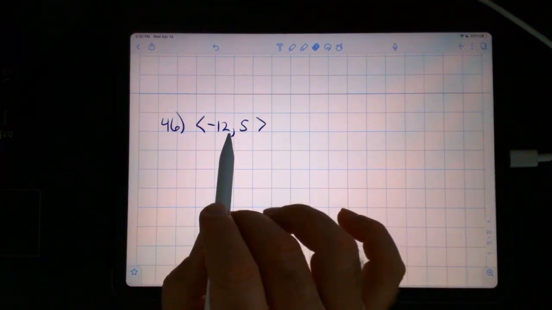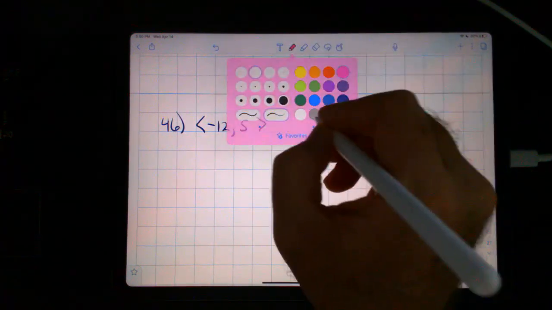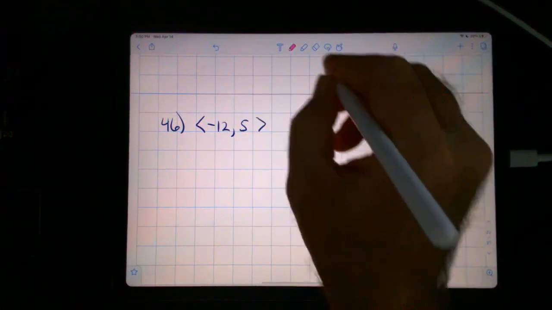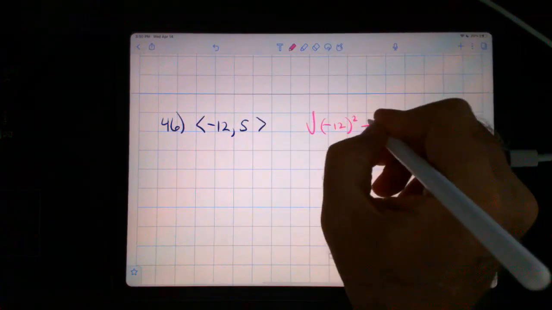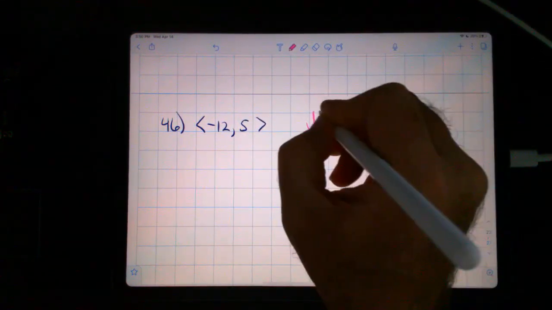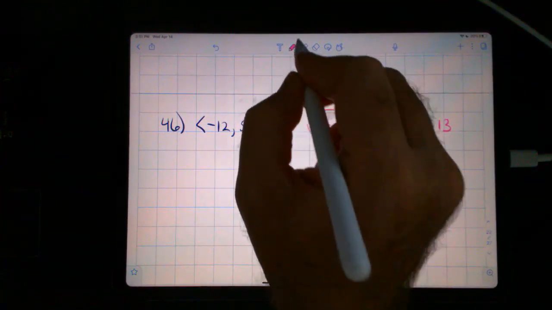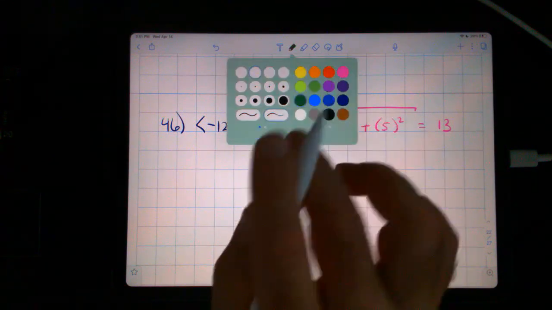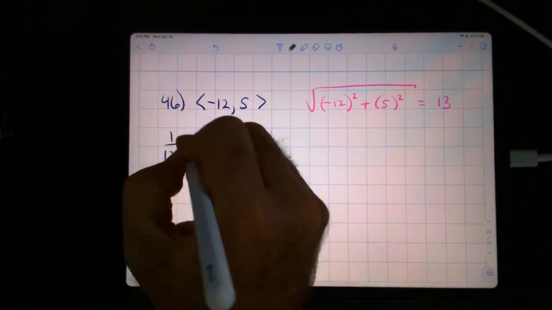The hypotenuse would be 13 because we are looking at... and so the unit vector would be